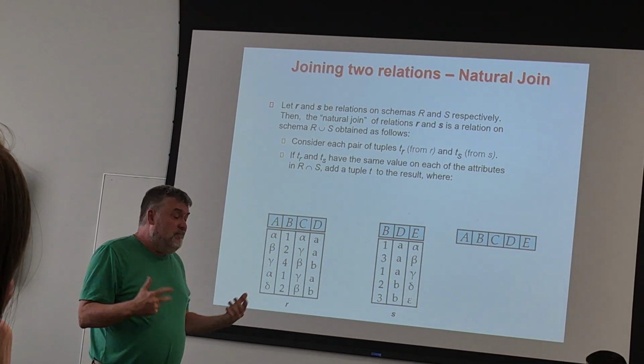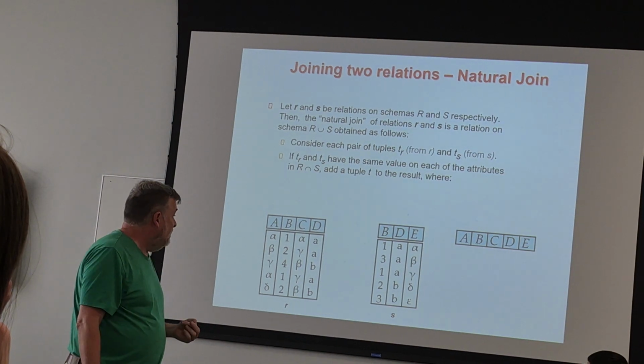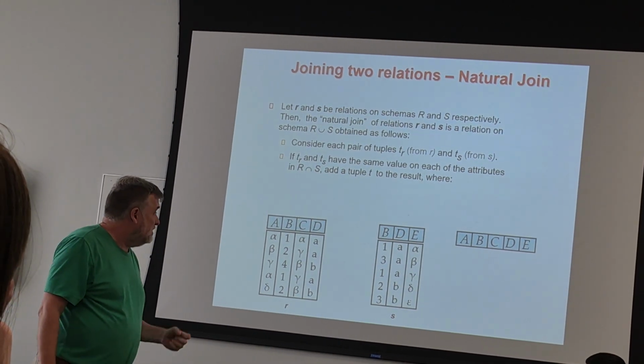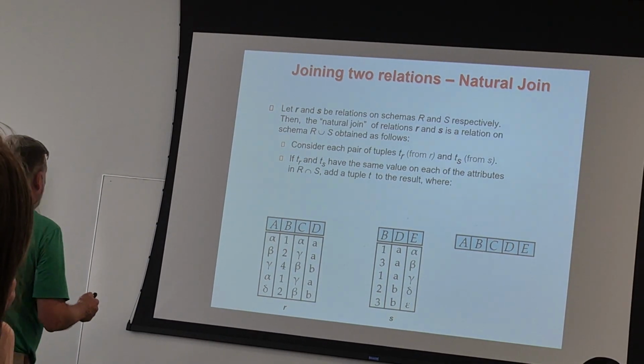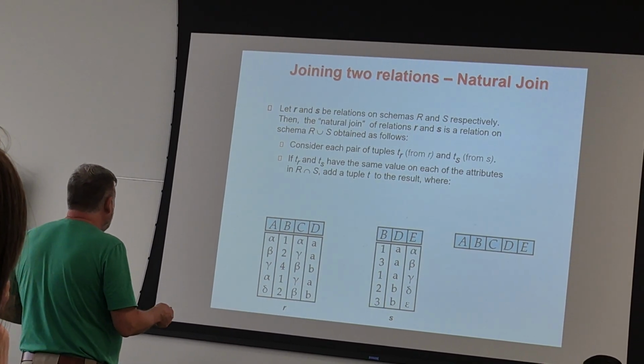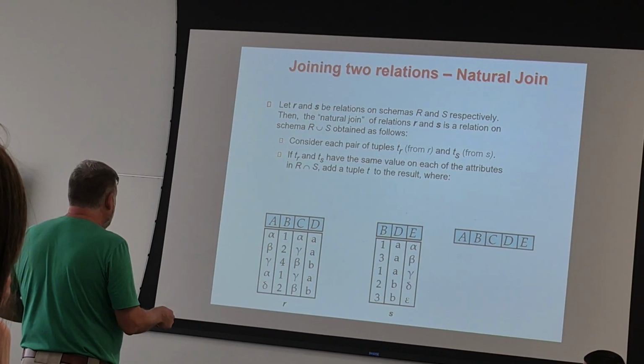And so this matches the assumptions that natural join makes. And so we're going to get a resulting table with unique names, but only the combined rows from these two tables,